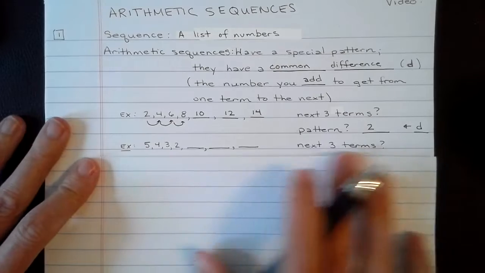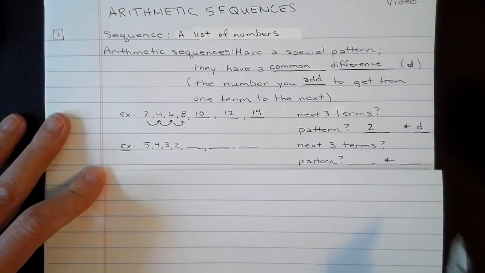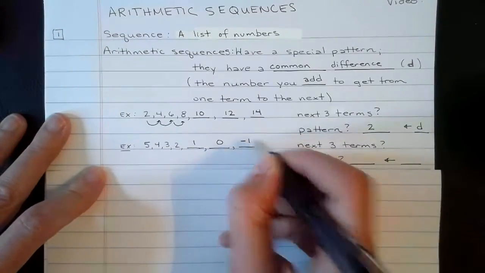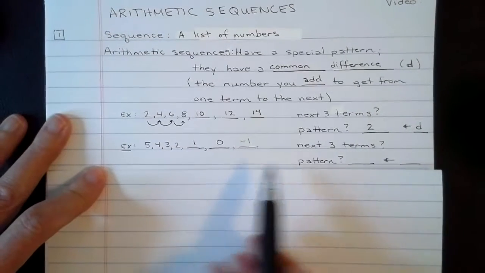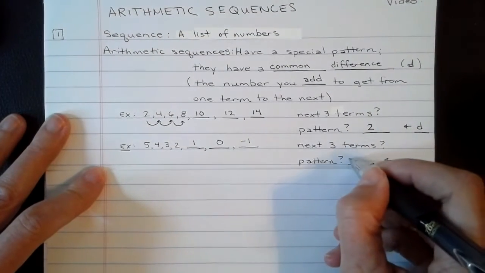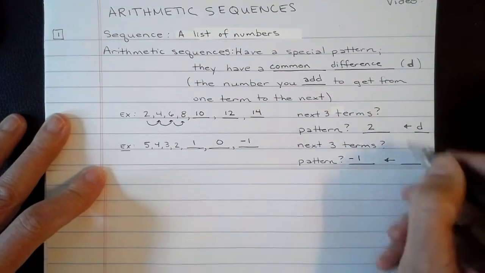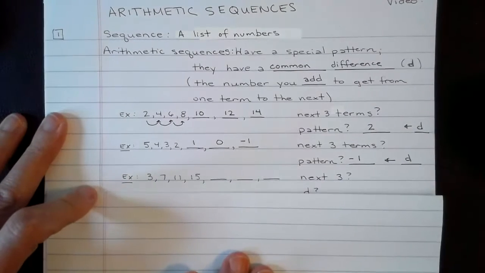Go ahead and see if you can get the next 3 terms and the common difference. So in this case, the terms look like they're going down by 1. So our pattern would be minusing 1, or you could think of it as adding a negative 1. So our D, our common difference, is negative 1. And the last one of these,